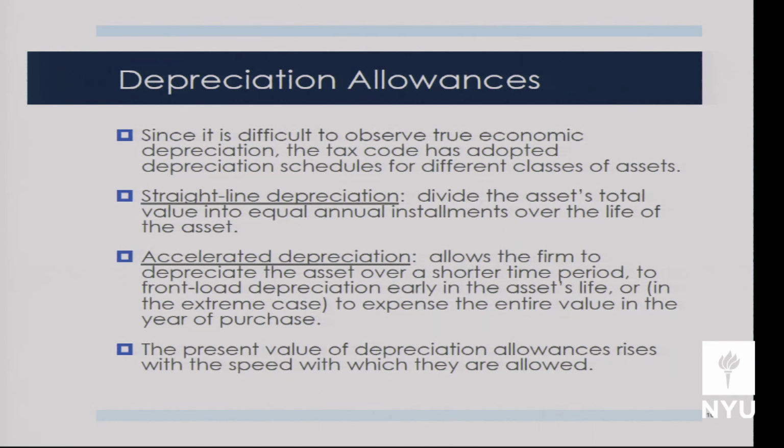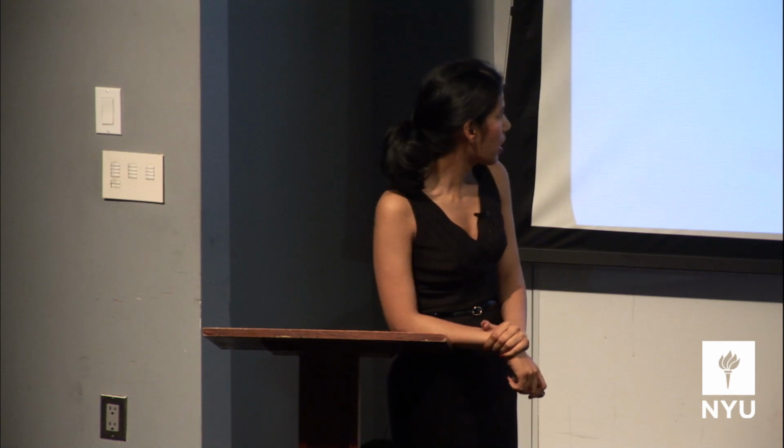Another reason you might accelerate depreciation is that you want to gin up demand for capital goods. We'll talk about why increasing or accelerating depreciation allowances increases demand for capital goods in a minute. But we often enact those kinds of policies during recessionary periods because manufacturing tends to be hit harder during recessions than other parts of the economy. What is manufacturing? Manufacturing is the building of durable goods. So one way you can help manufacturers is by increasing demand for durables, and increasing the depreciation allowances firms are allowed is one way we do that. The key is that the present discounted value of depreciation allowances rises with the speed at which firms are allowed to take those allowances.